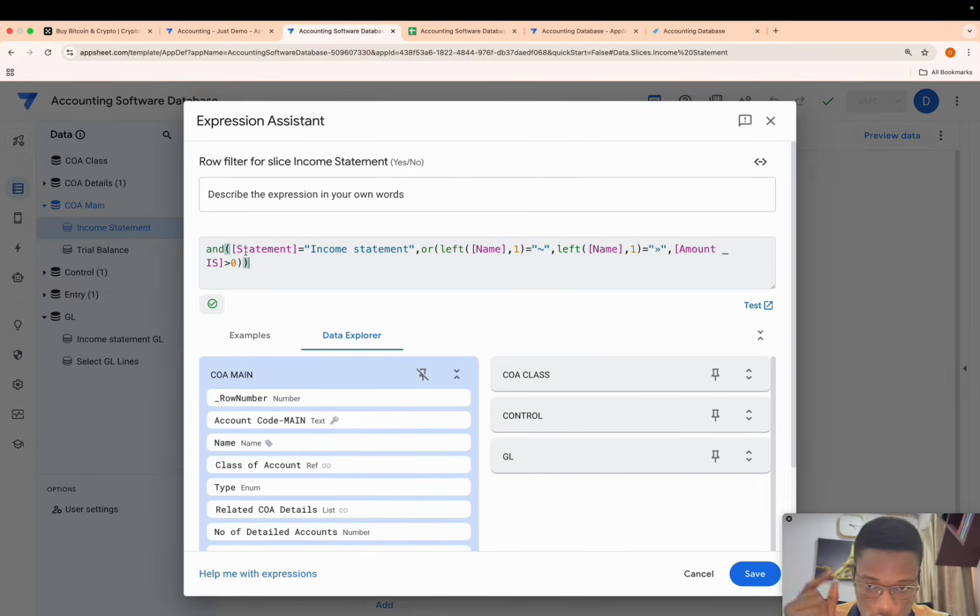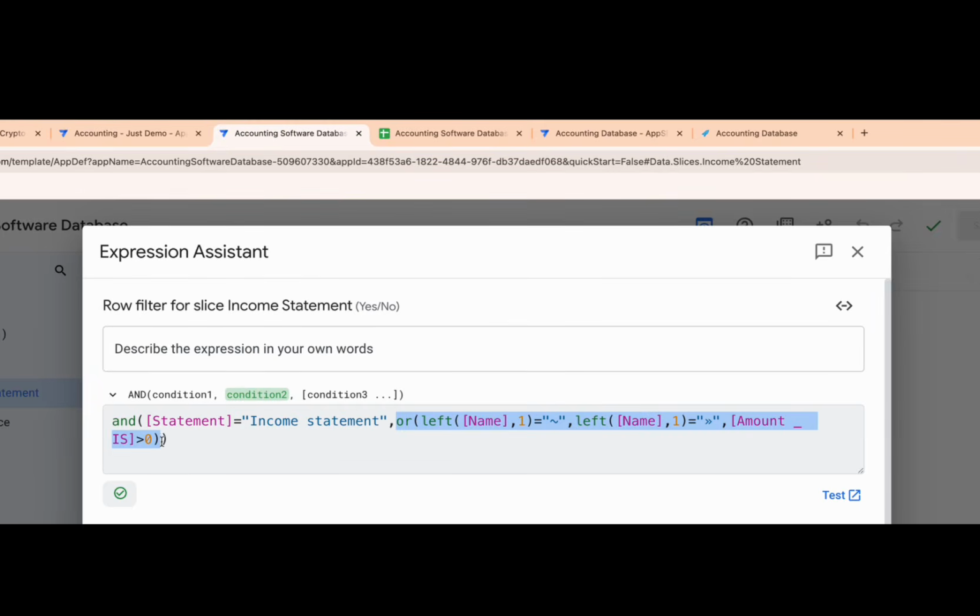So you have to be an income statement line. That's the first condition. That's compulsory for everyone. Good. And then you have to be one of these three things. It's either your first character is a tilde, your first character is the arrow, or your amount is greater than 0. One of these three things before you are actually included in this slide.